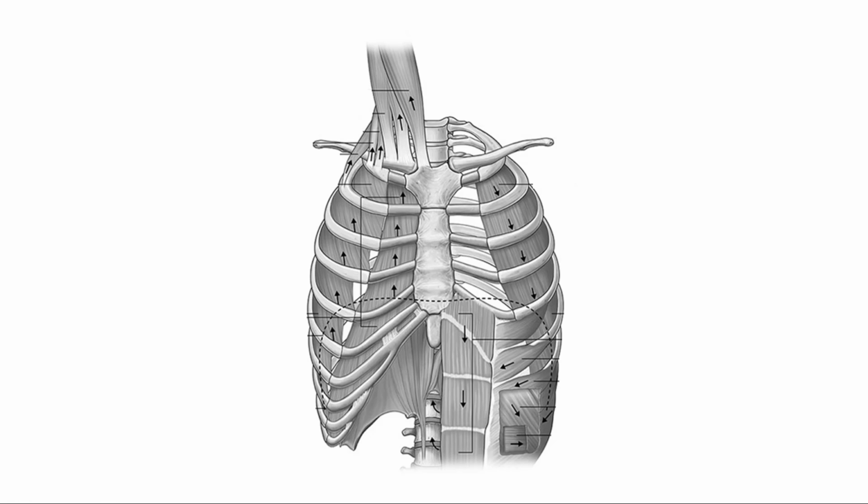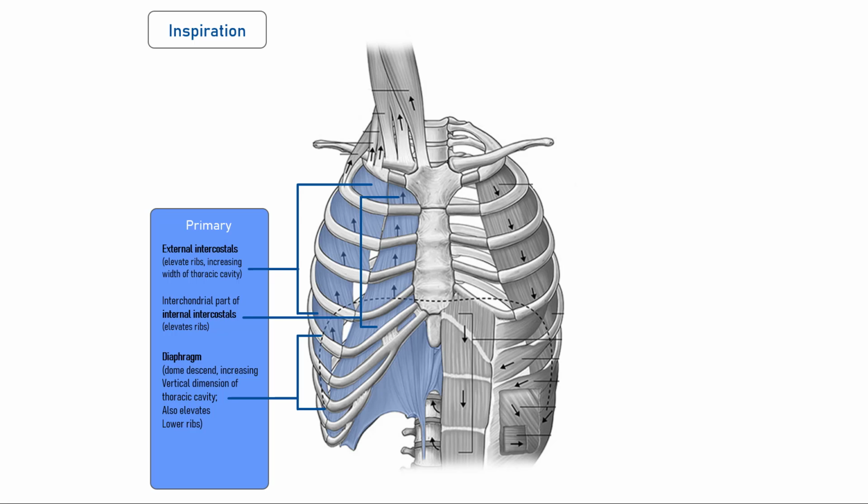So when we look at the thoracic cavity, these are all the muscles of ventilation. On the left, you're going to see the muscles of inspiration, and that is primarily driven by the diaphragm. About 75% of the gas intake is coming from that, and then supported by the external intercostals and the internal aspect of the intercostals. And so these are the muscles that are primarily working low force, and this is what's referred to as belly breathing. So you're just trying to bring air in based on the diaphragm with a little bit of expansion of the